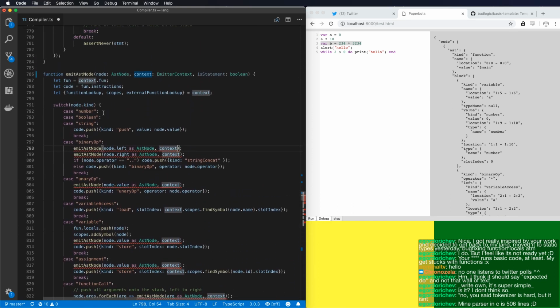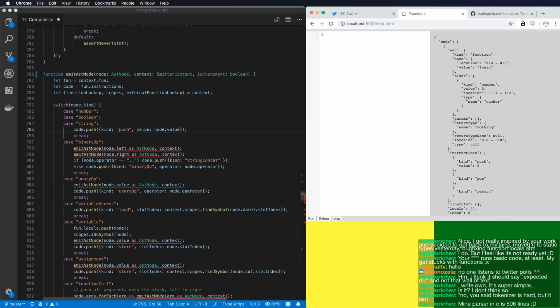So if it is a number, boolean or string, we just push that. Let's build this up from the ground. So if my statement is just a literal,